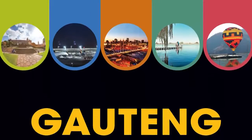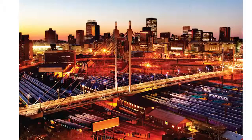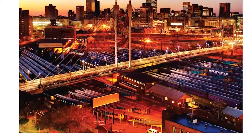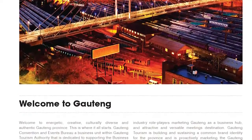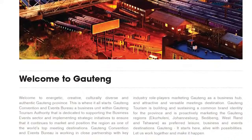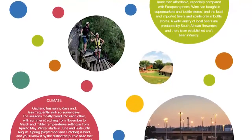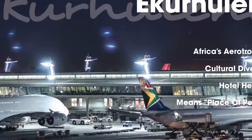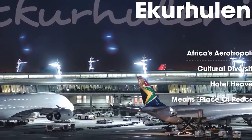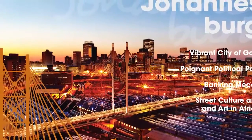Okay. Which leads us to this beautiful book. Tell us a little bit about this book. Who is it for? This wonderful meeting planner guide. It is one of our first collateral in the bureau, and our aim is to make sure that wherever we go, the nice thing about this book is that it is both printed and digital. It might be heavy, but we're just going to carry 1 or 2 copies for maybe